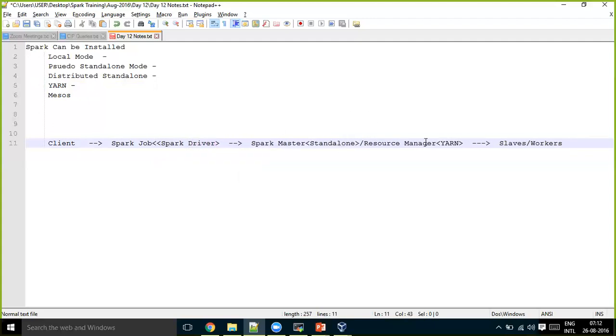Once the master or resource manager allocates the worker machines, then the communication happens between your Spark driver and workers directly. Okay, so your master or resource manager assists only till the communication happens between these two.